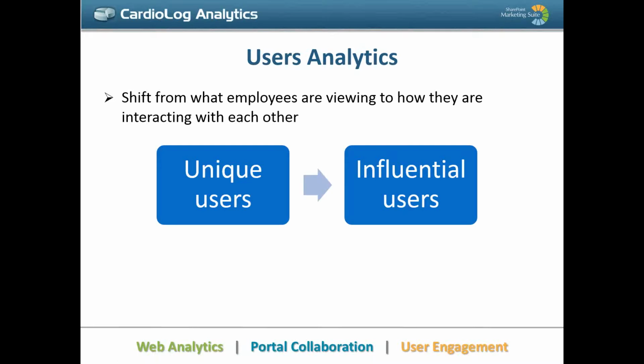We care less if a user accessed Yammer 20 times this week and more if they were very active and added their own comments and posts and things of that sort. So we're going to track users with the most followers, users that are posting and commenting a lot, and the most popular profiles. Those are the keys that we see when shifting to more social analytics.